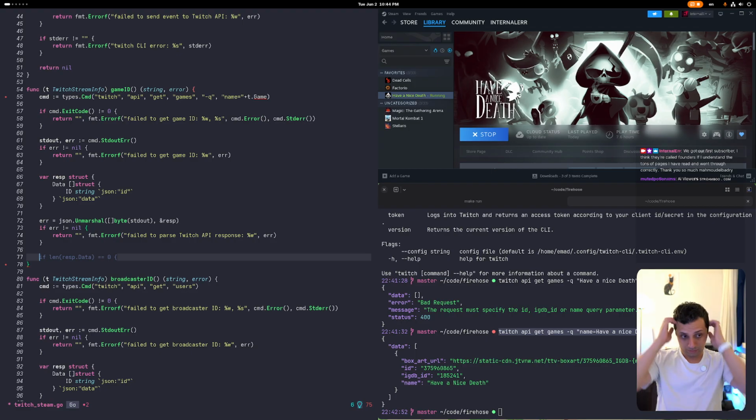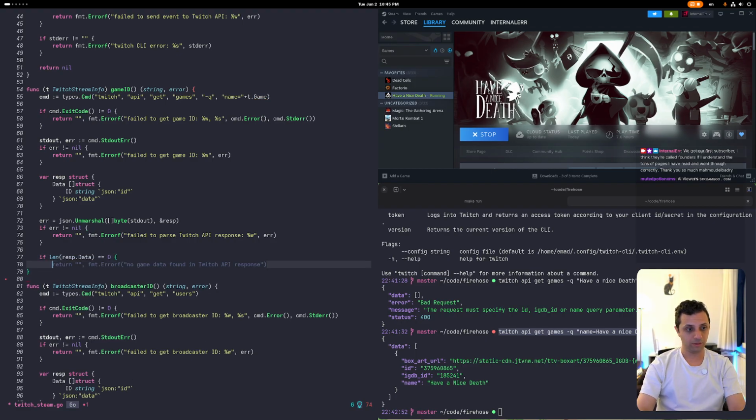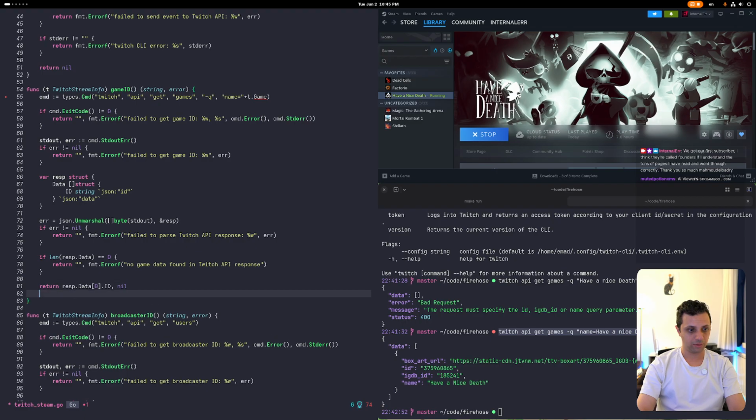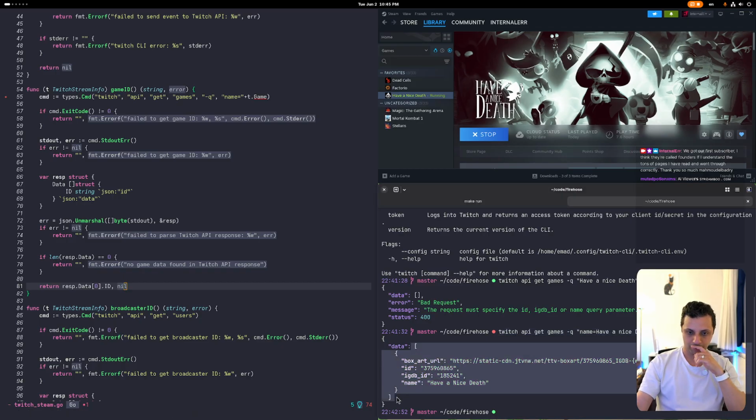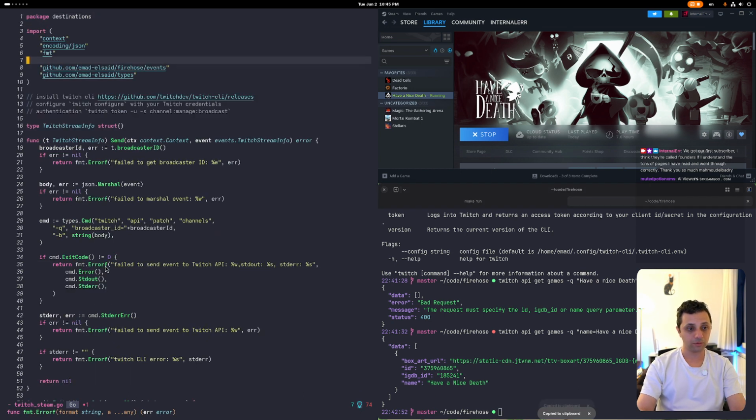Okay. So now we need to get the ID. We just need to make sure that we have data, and then you get the ID of the first object in the data, which is, because this is an array, you get the first object, and then you get the ID here. Wow. All of that just to update my stream. But you know, the good news is that